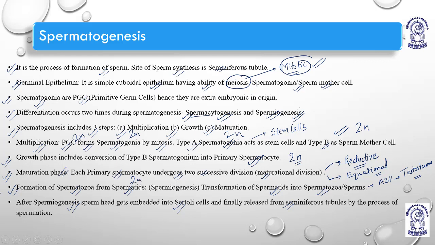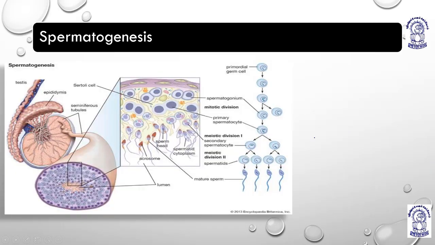Now we are going to talk about what is given in the next slide: spermatogenesis. This is the actual process of spermatogenesis I was trying to explain in the previous slides. This is the basement membrane, which has the germinal epithelium, which is cuboidal. They have primary spermatocyte, you can see, 2n, 2n, 2n.